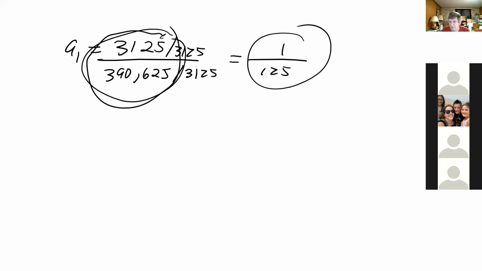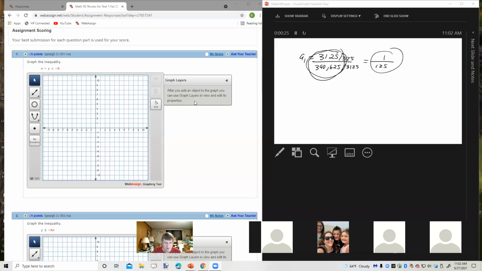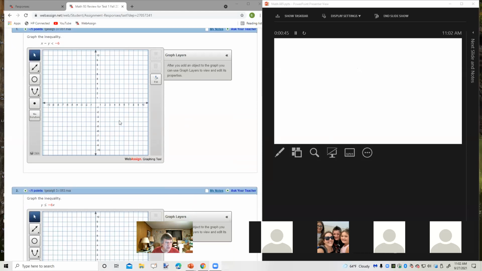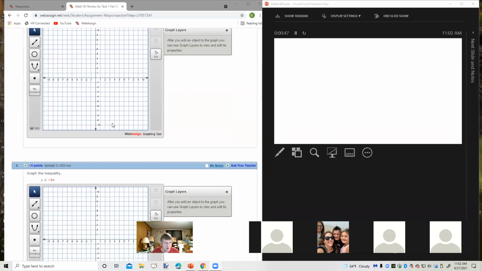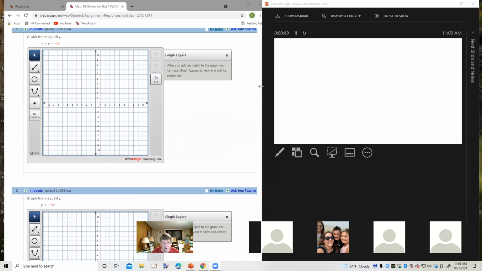Okay. So now we'll change it to that screen. Now can you see the whiteboard on the right and WebAssign on the left? Yes. Okay, great. So let's go back and review what happened in 3.7. In 3.7, we were graphing inequalities. And what I actually want to do, just to cover all my bases, is I'm not going to graph